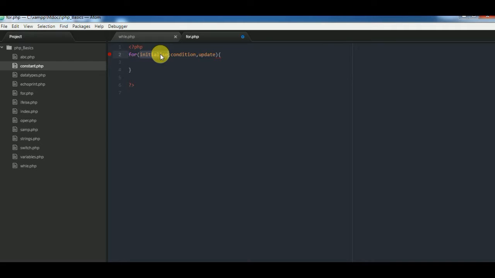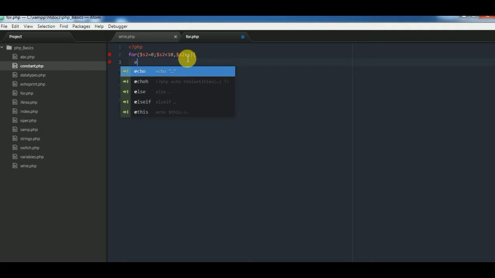First we will initialize a variable here, $s2 equal to 0. I have created the variable s2 and initialized it with 0. Then I will give a condition like s2 is less than 10, and in the update statement I will increment s2 by 1. So here I will print the value is